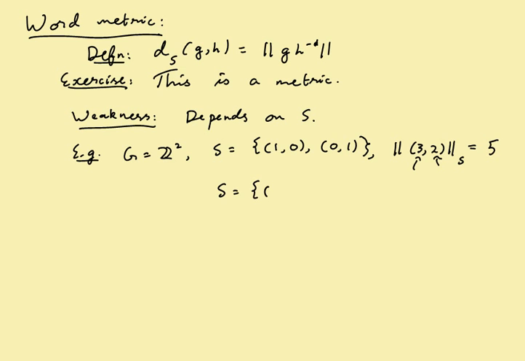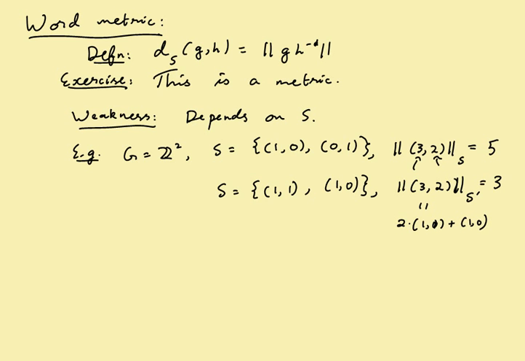On the other hand, if I took S prime equals (1,1) and let's say (0,1), the norm of (3,2) with respect to S prime is going to be just 3. Oh, maybe I should take (1,0) here. Perhaps it's true the other way too, because this is going to be 2 times (1,0) plus (1,1) plus (1,0). Okay. So now with respect to S prime it is this. So as you see, it depends on the norm. Okay. So this is what we'll address later, but for now, let's look at another construction of a metric space